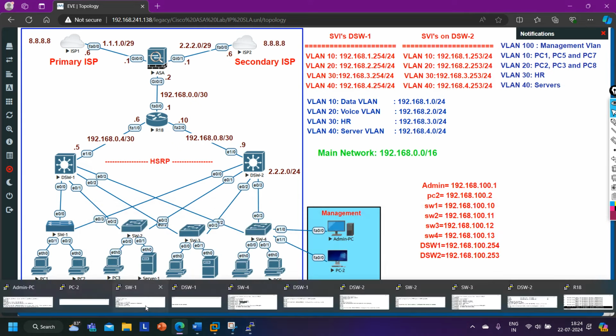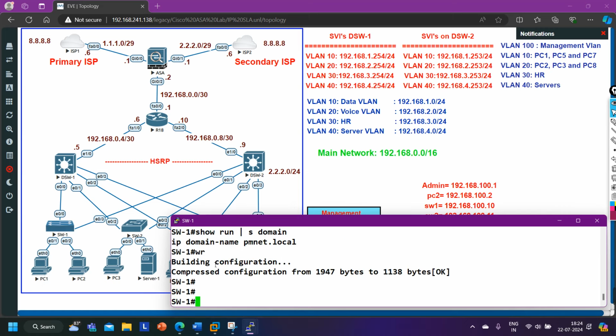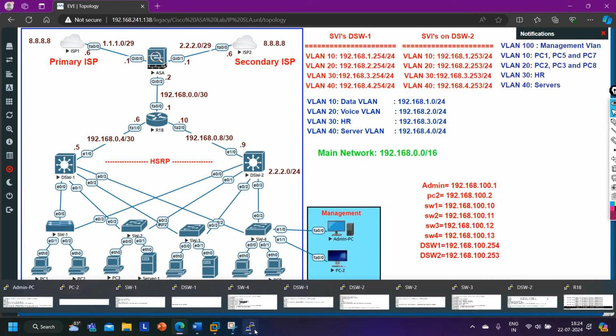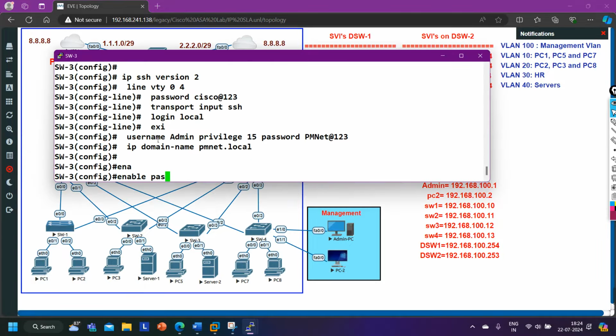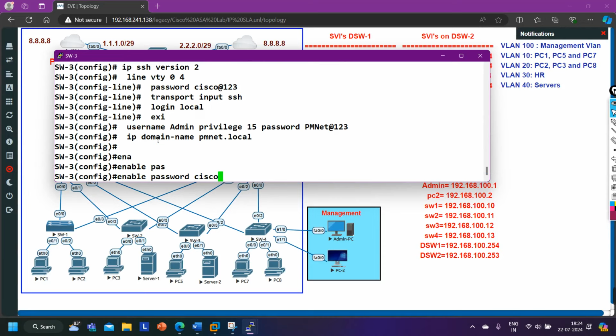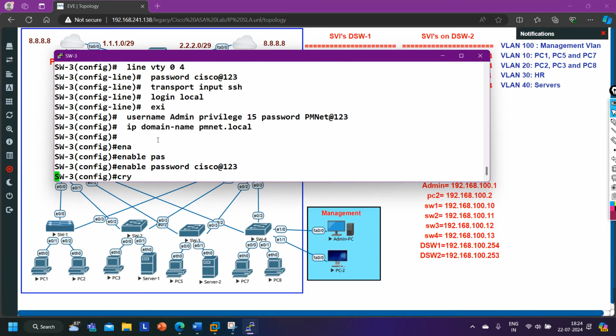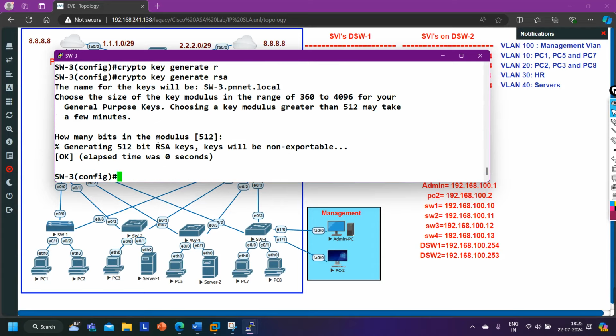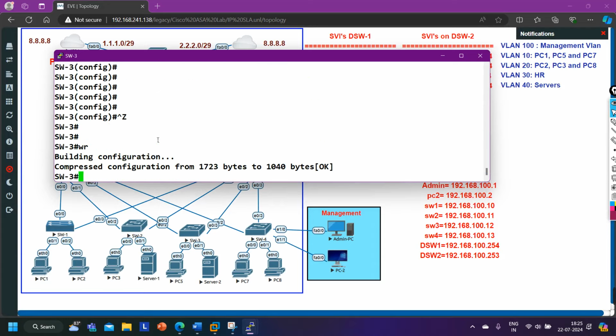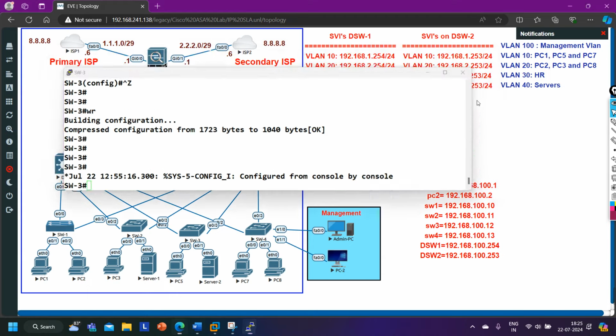Let me save the configuration of access layer switch 1 as well. Then let me take you to switch 3. Here also I'm going to configure the enable password, that is Cisco@123, and crypto key generate rsa. Done. Save the configuration and go to